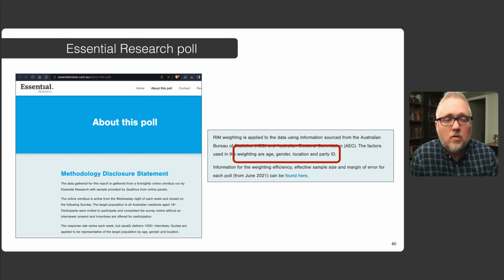Here, you can go to the methodological disclosure statement, and you see that they weight their sample to try to match the population according to a couple of different characteristics: age, gender, location, and party identification. But what is more interesting here in trying to calculate what the confidence intervals are around that one specific yes and no vote that we just looked at, 48% no, I think, and 42% yes, is by looking at the